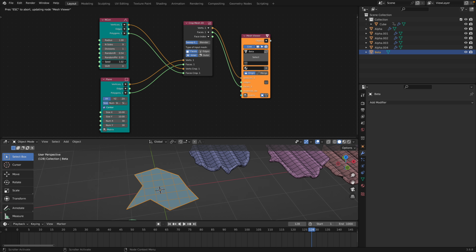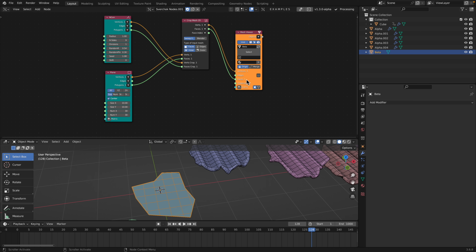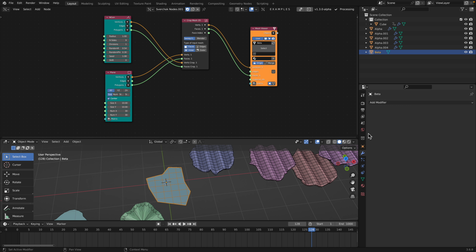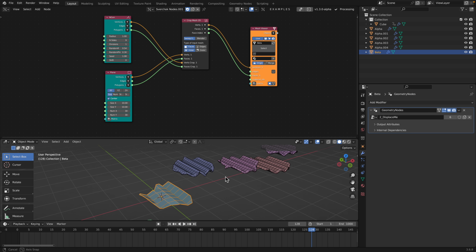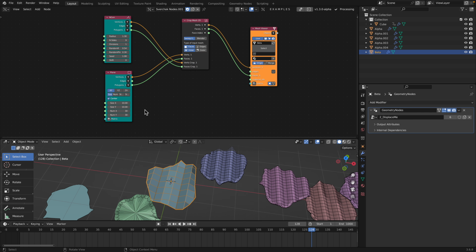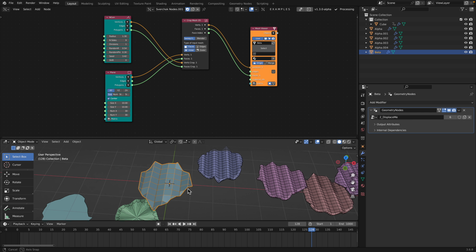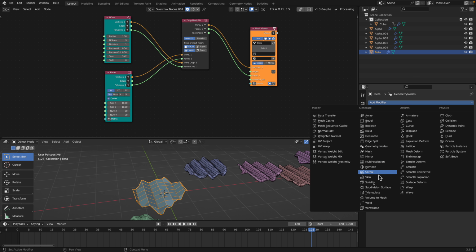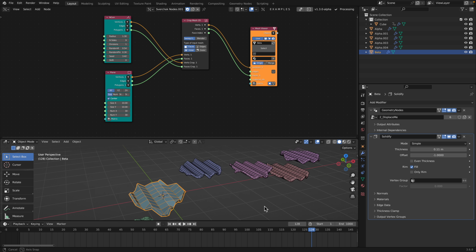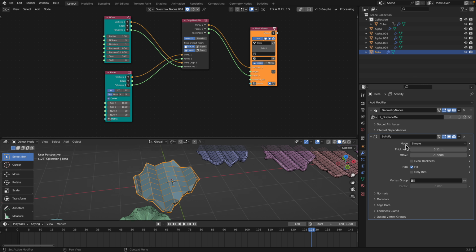Randomize the seed. So this is the SVerchok doing its magic, and you can of course apply geometry nodes into this guy. Displace. See, we still have the result. Pretty powerful. Solidify. Solidify. Usually